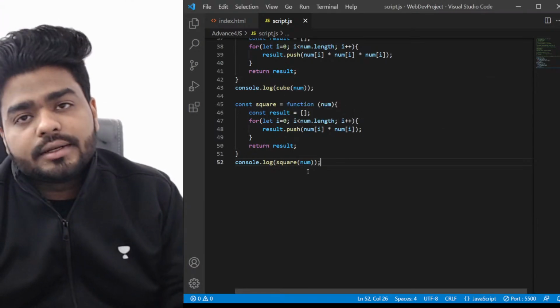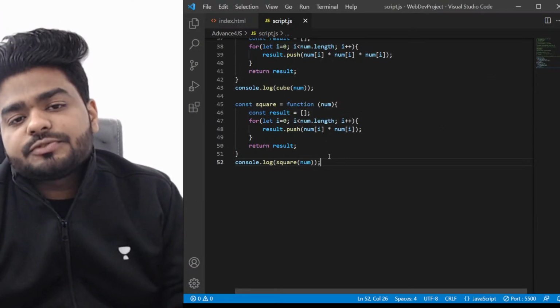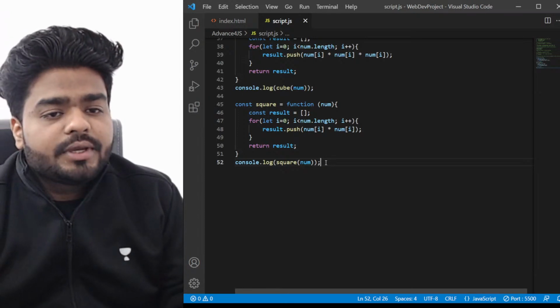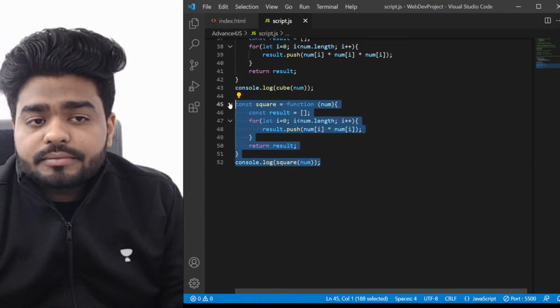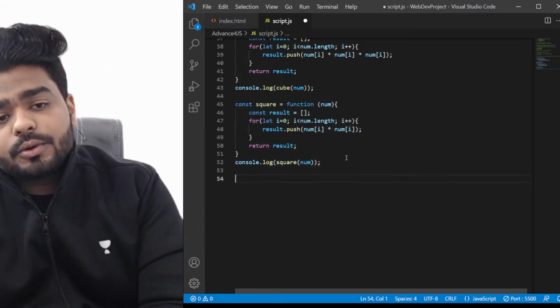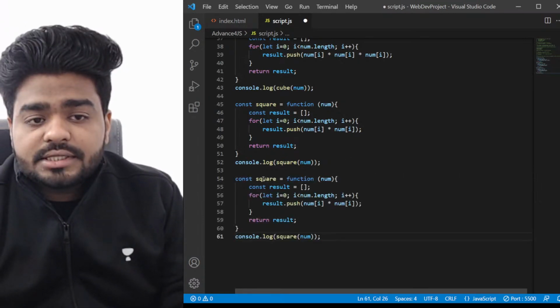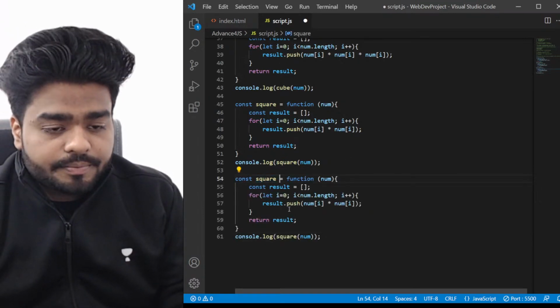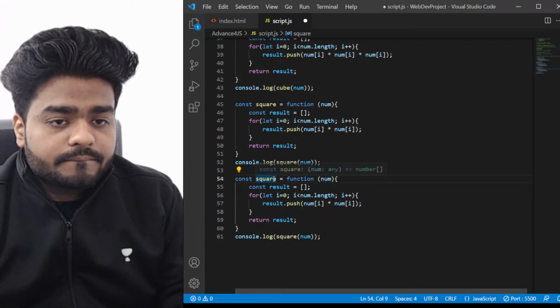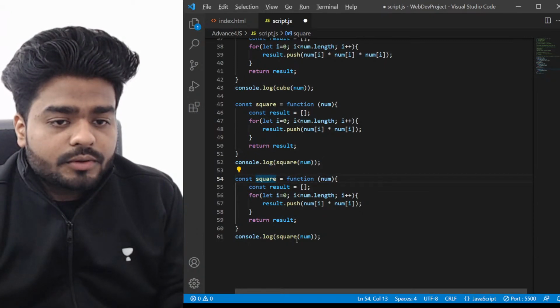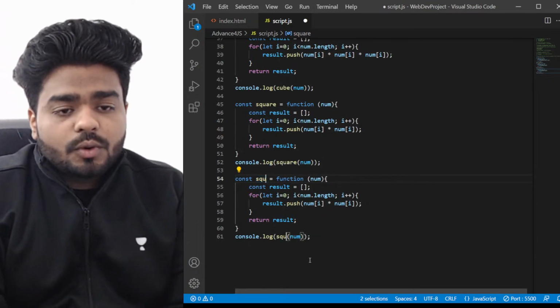Can you do the quad one? Like you need to multiply the numbers 4 times. So how are you going to do it? You're going to again copy this, go down, paste this, and change this. Let's say to quad,